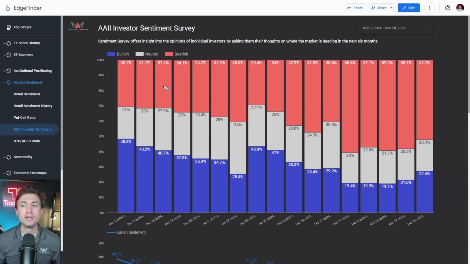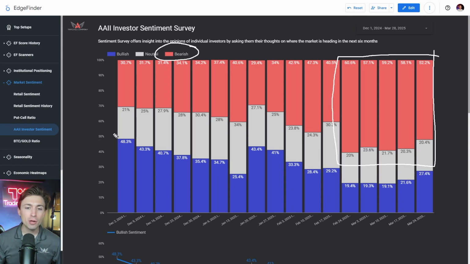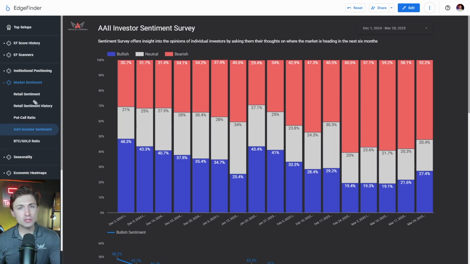And what we can see here is that when people are getting really bearish on the market, really scared, this red bar starts to dominate the screen. And when people are much more bullish, you can see the bullish percentage peaks up, but it actually gives them 3 options: bullish, neutral, or bearish. And this data point can be observed every week, and it gives us an idea of how market sentiment is